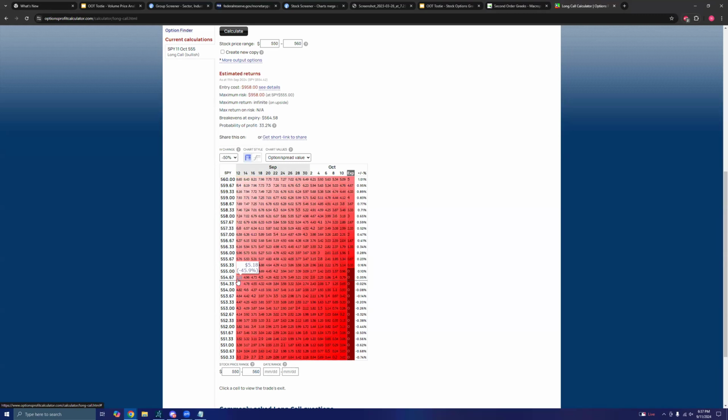This should very clearly reflect what you would expect during earnings, where you get a big cratering of IV. I think 50% is a pretty reasonable metric to use. If IV drops 50%, you could see that even if we gap up to 560, we're still down 10%. So all you need to do is move more than the implied move, and for the most part, you're going to be making money.